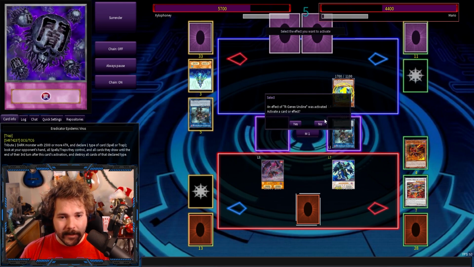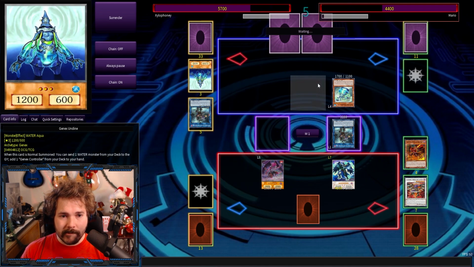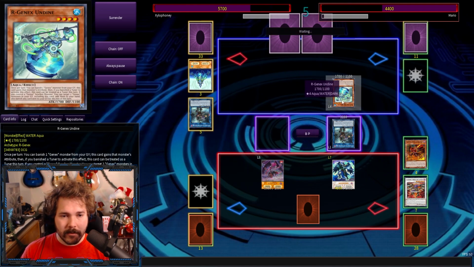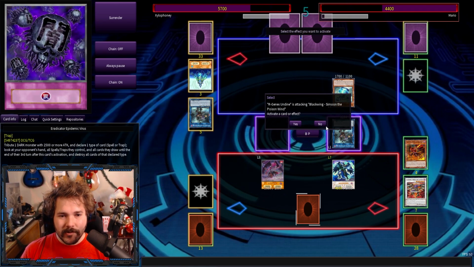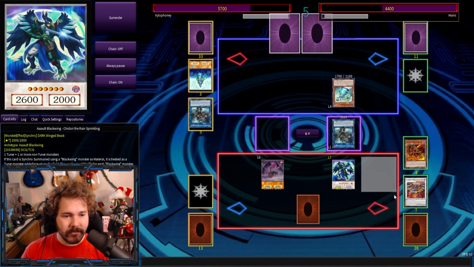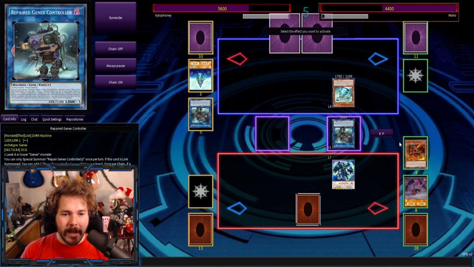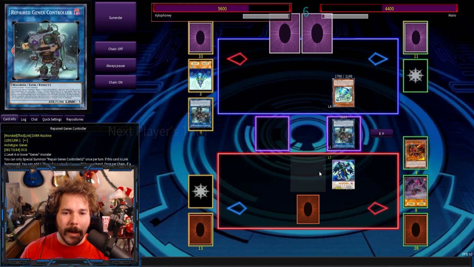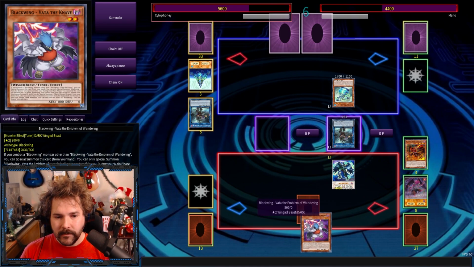Yeah. Okay. Take Simoon, I guess. Yeah. Sure. Like, we're both riding by the edge of a hair right here. I just happen to have a powerful monster on the field. That's all it is. Yeah, I know, but...